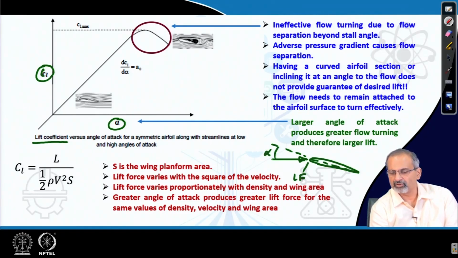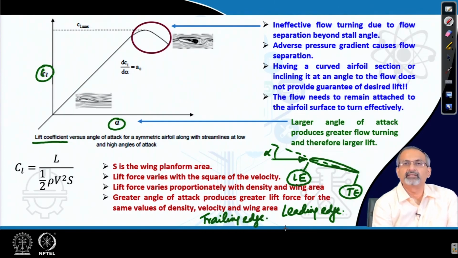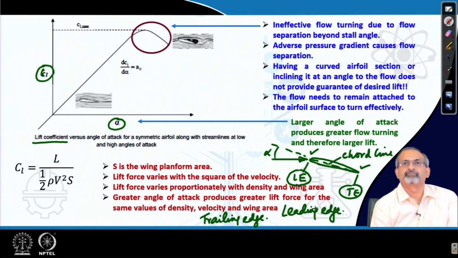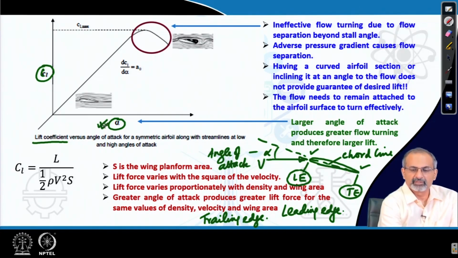There are two very important points on the airfoil section, which we call as the leading edge and the trailing edge. So, if we imagine that there is a straight line joining these 2 points, which are at the tip of the airfoil at its leading and trailing ends, then this line would be defined as the chord line. And if we now try to see what angle that chord line makes with the approaching flow, that gives you the angle of attack. So, that is the angle we have over here,